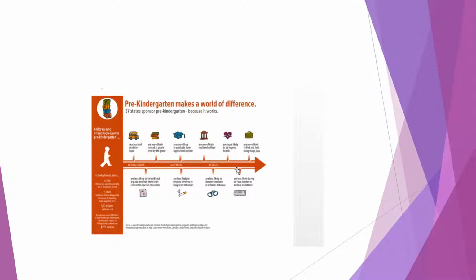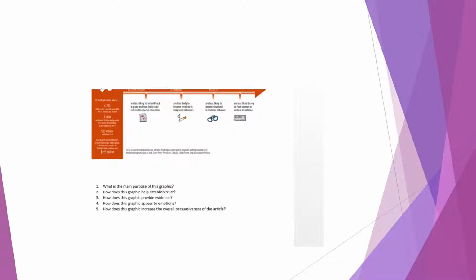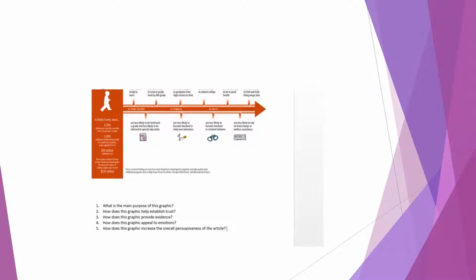And then at the bottom, it says these research findings are based on state-funded pre-kindergarten programs and high-quality early childhood programs, such as High Scope Perry Preschool, Chicago Child Parent, and Abecedarian Project. Okay. So that's the content of what is on here. And then on your handout, we have questions. So the main purpose of this graphic is